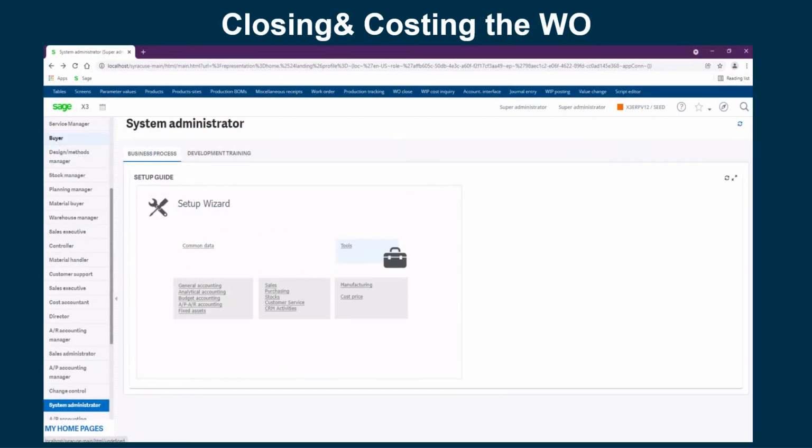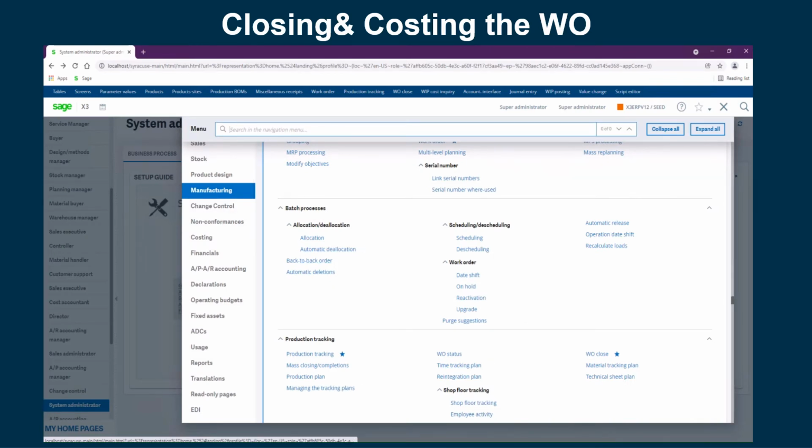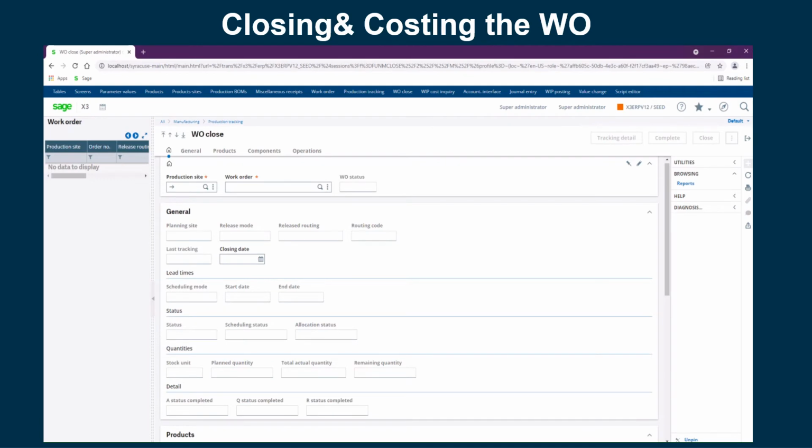Now that I have created a production tracking and a purchase order for the work order, the next thing I'm going to have to do is to close and cost the work order. So I'm going to click on the navigation menu, go to manufacturing, production tracking, work order close, enter the site,